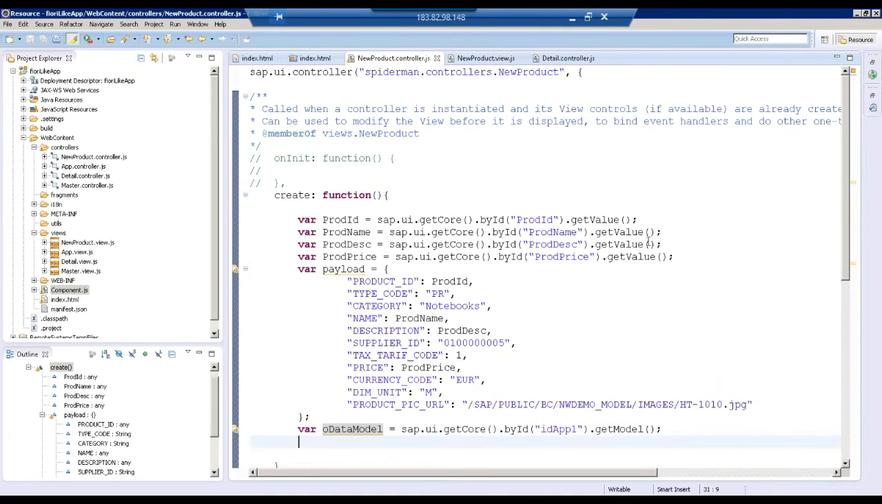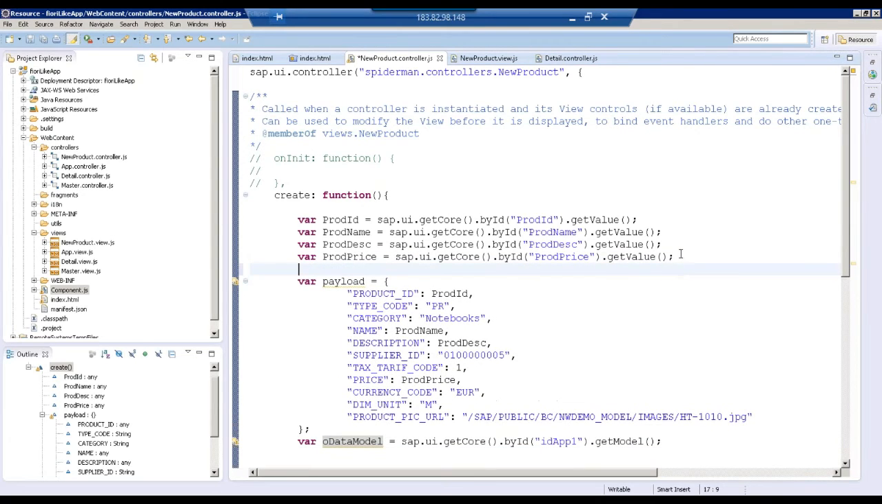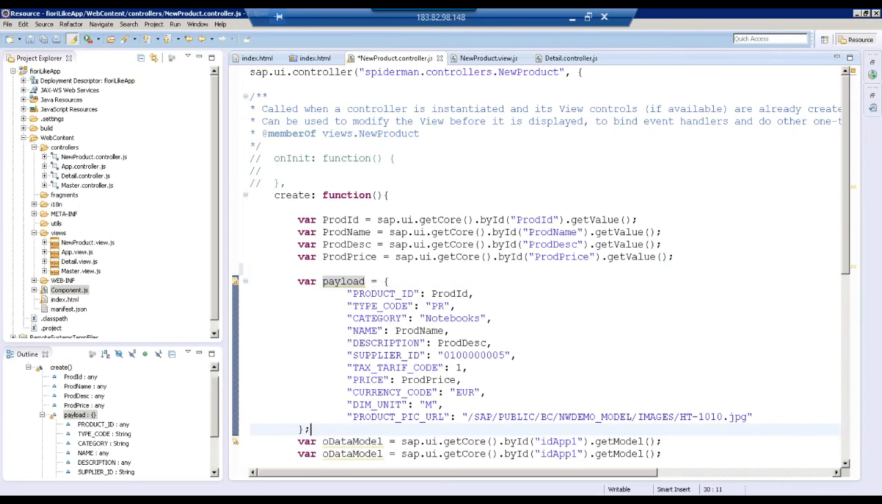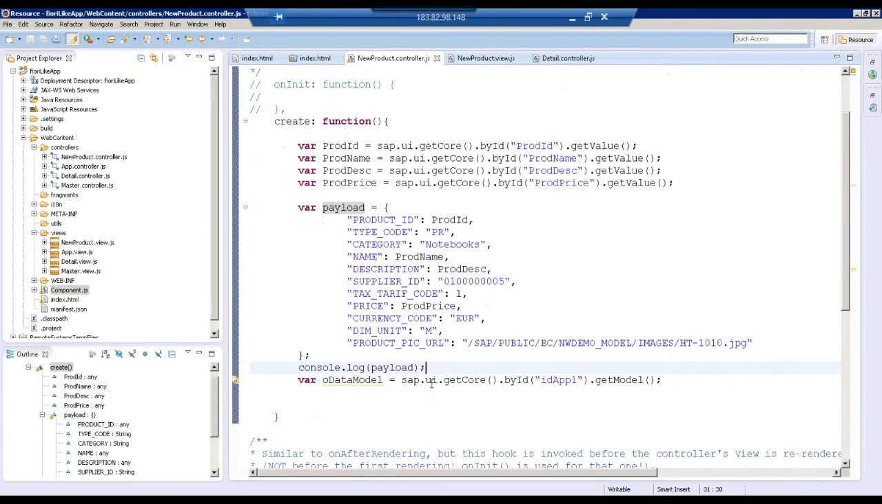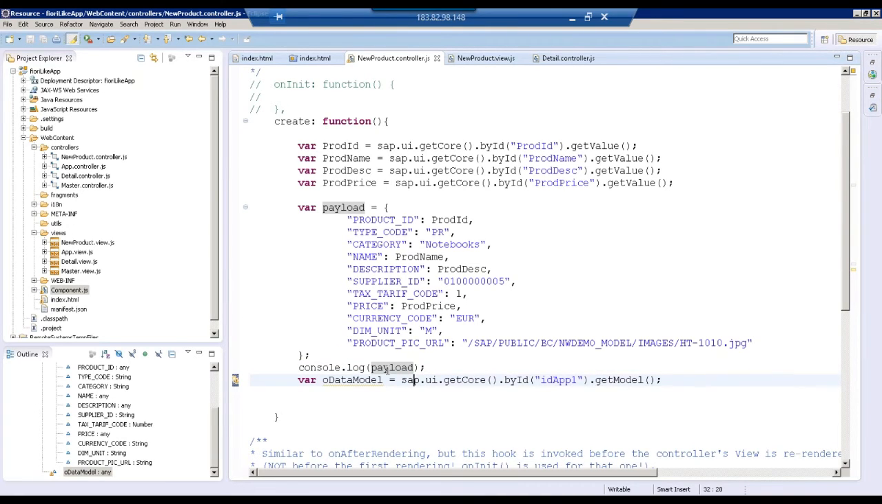But before even doing all these, let's quickly come back and put a console.log, or we can put a debugger, just to see if our payload is being created properly. Or we can also just print this payload in console.log. Just to check, when I click on the create button, it should print the payload which I'm going to send to OData. So save everything, come back,